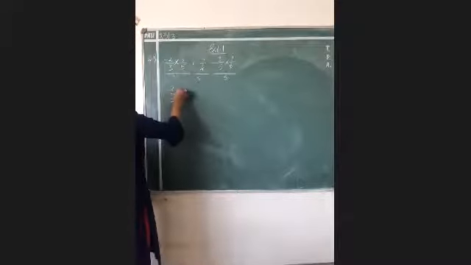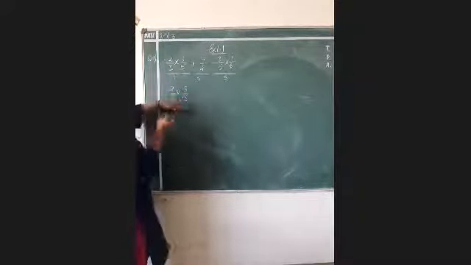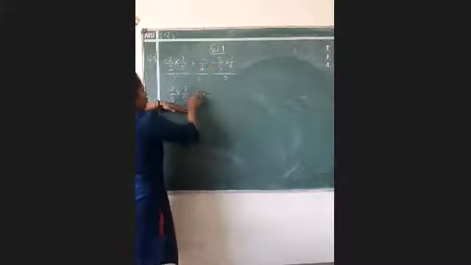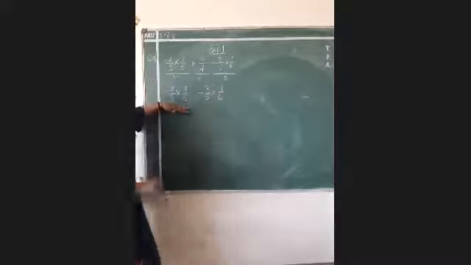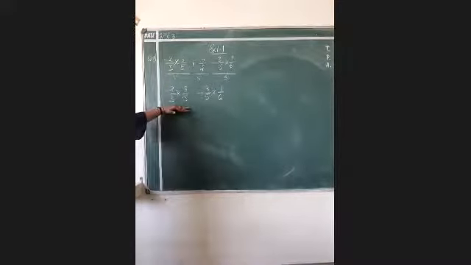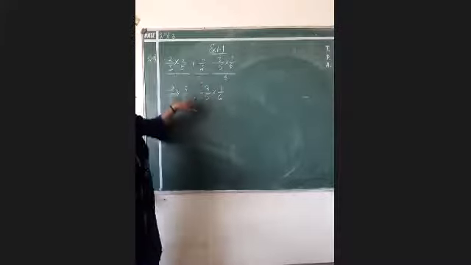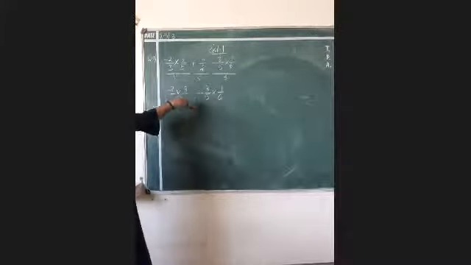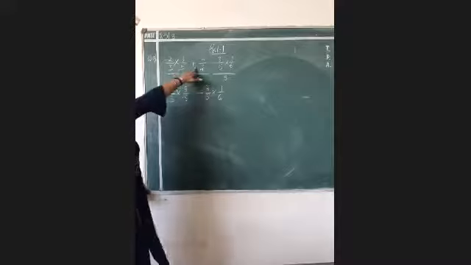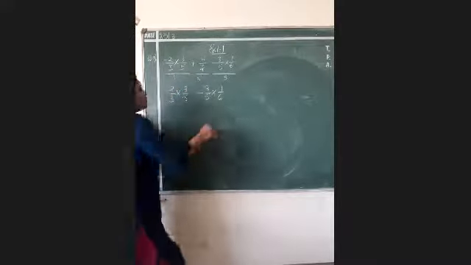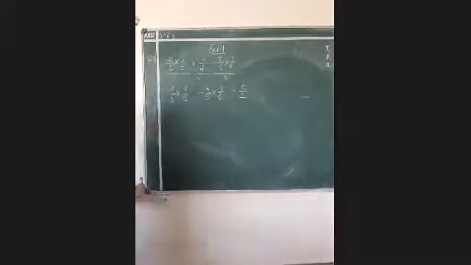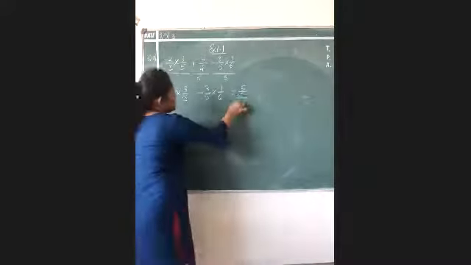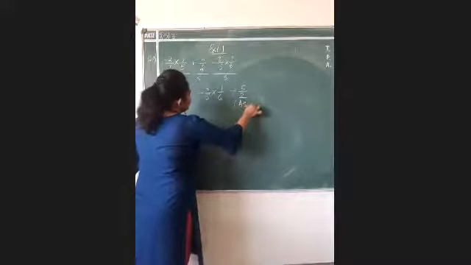So according to associative property, I took this term and brought this term here, 3/5 into 1/6, and remember you cannot change the sign, the sign will remain the same. Minus was with minus, it came along with it. Okay. Now the last term that is left, that was our second term, it will go to the very end, that is 5/2. Now this property is associative property, so I will write it down.